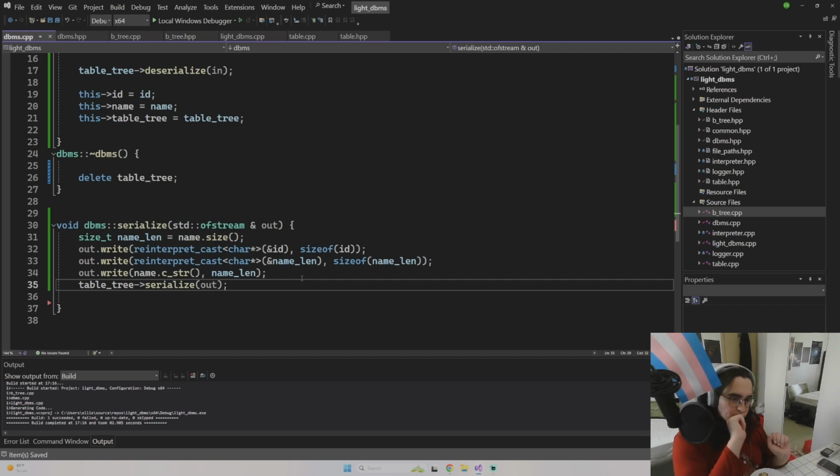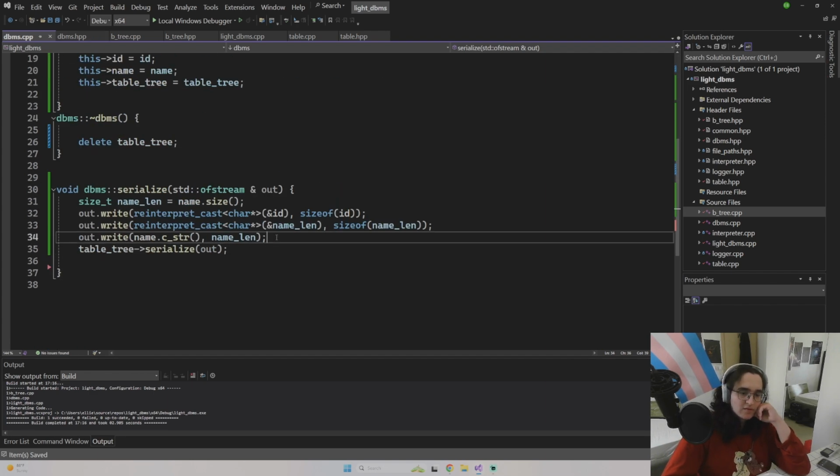Wait, there's a problem though, I think, because no. Right, when I'm re-serializing, I think, wait, no, I think it's fine. It will overwrite, right? Yeah, okay. It doesn't go to the end of the file. So it's just serializing it again. Okay. Now, when I serialize it, I can actually